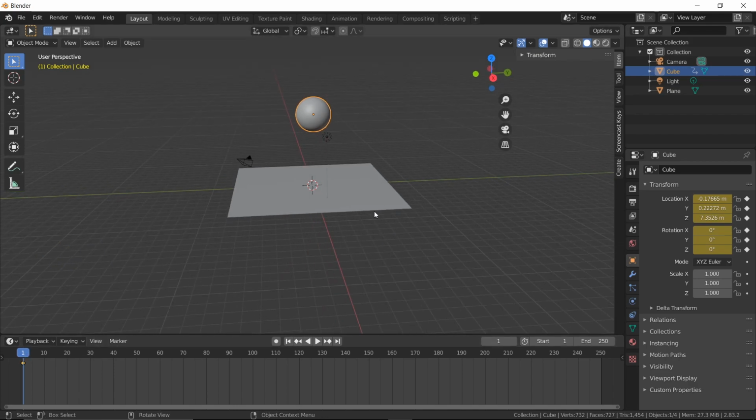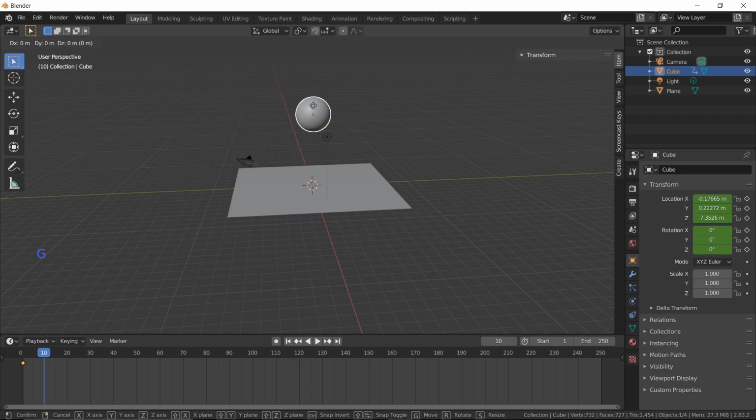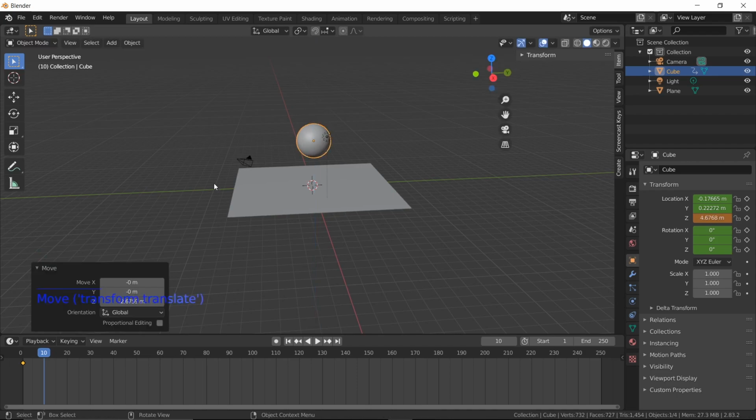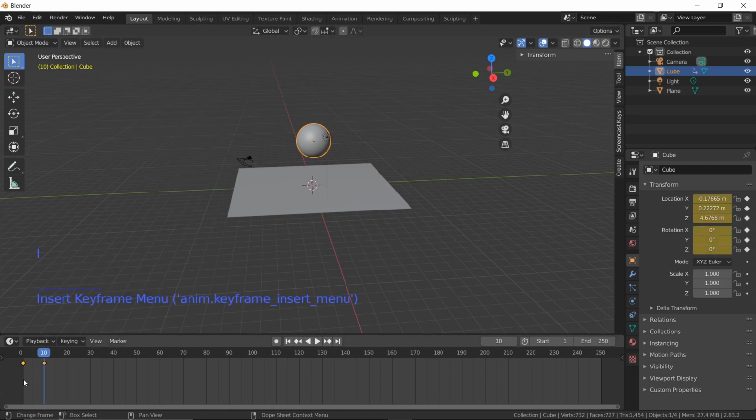We have to set another keyframe at another position of the sphere. So let's move to frame 10. You can move through frames in the timeline by pressing the arrow keys on the keyboard or by using your mouse. Let's skip to frame 10. Now you have to change the position of your sphere by grabbing it by pressing G. Then to move along the Z axis, press Z, then move by using your mouse. Let's fix it here. Here you have to create a keyframe by pressing I and selecting location and rotation. Now you have two keyframes.